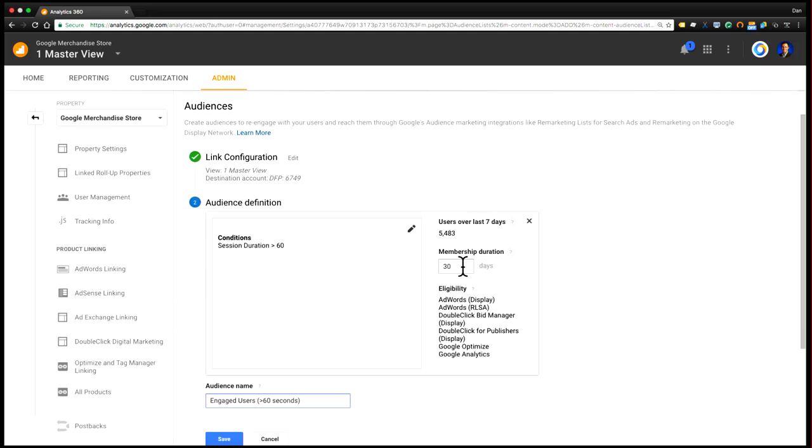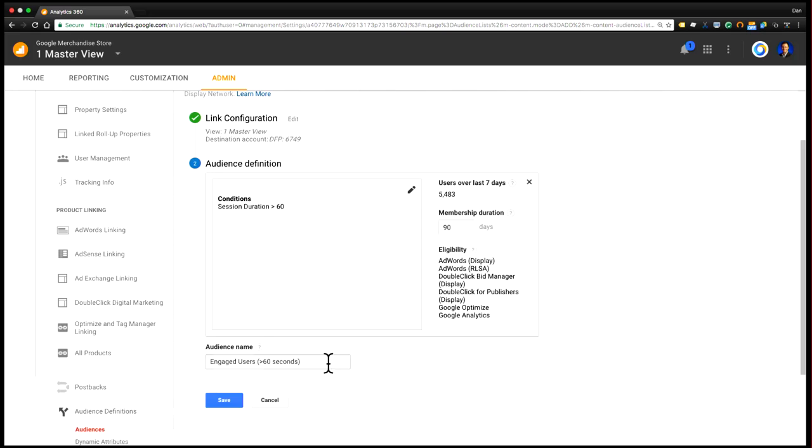Here's where I select the membership duration, which is how long users stay on this audience. I'm going to choose any number from 1 to 540 days. I'll choose 90. And this estimate is showing me how many users have met this condition over the last 7 days. And from here, all I do is click Save, and Analytics will start populating this audience, publishing it to DFP,